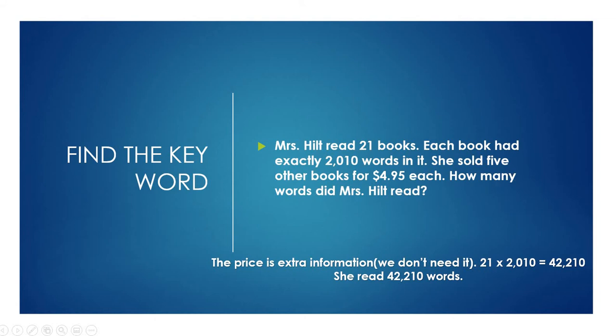So we know she has 21 books and each book has exactly 2010 words in it. And we have extra information, which we don't use, the price of the books. Obviously we don't need that because the question asks us to find out only how many words did Mrs. Holt read. So the answer is 21 books multiply 2010 words equal